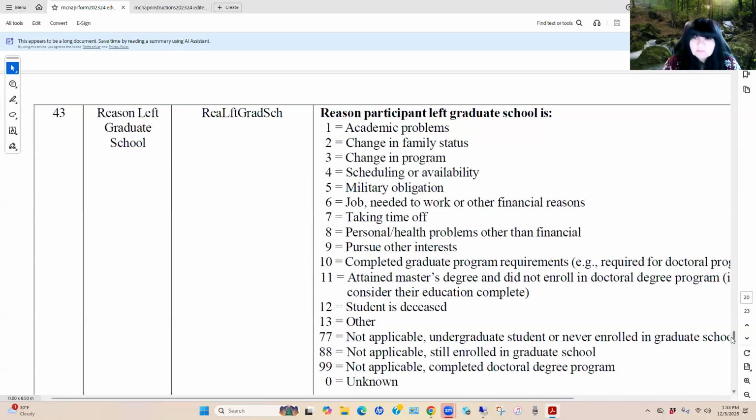I did want to also respond to something. Sometimes we might have a student, for example, who may have graduated in the fall. They earned their bachelor's degree in the fall, and maybe they started the graduate program in the spring. So it's a little bit squirrely in terms of how you respond. But what you want to ensure is that when you provide a date, the date runs that story.